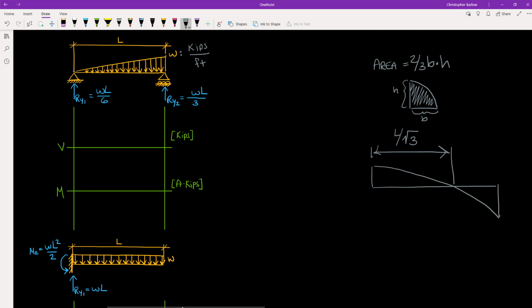Occasionally in beam tables, you will see that they define this distributed load with an equivalent point load of W, and that W, capital W, will be given in terms of kips, and it will be equal to WL over 2. Personally, I find this way of doing things a little bit confusing. When I see a distributed load, I want to define all of my formulas according to that maximum distributed load. I just find that a lot easier to think about, and also it's less steps when you start to actually